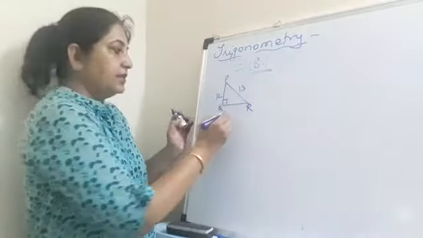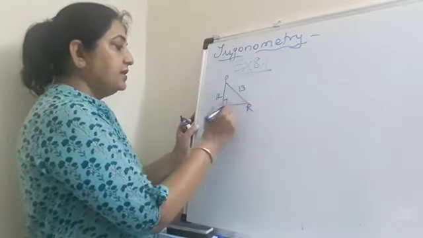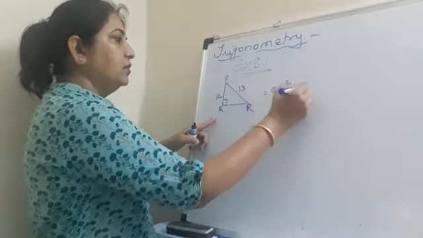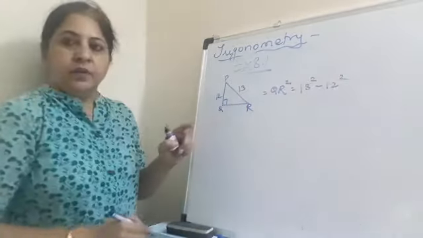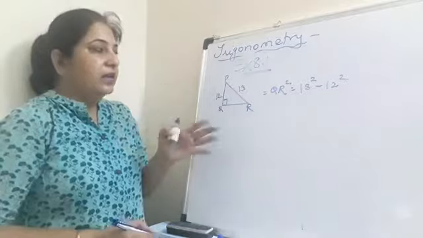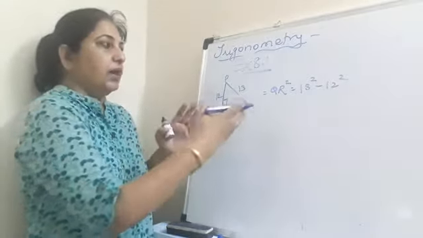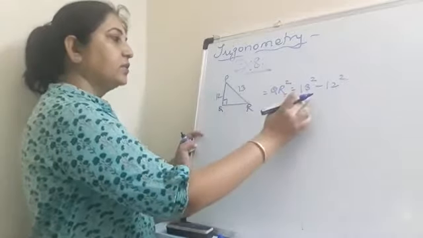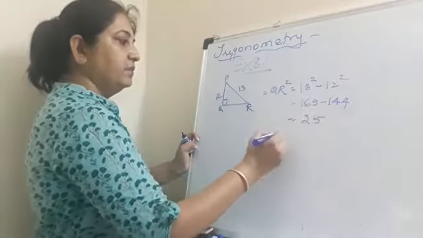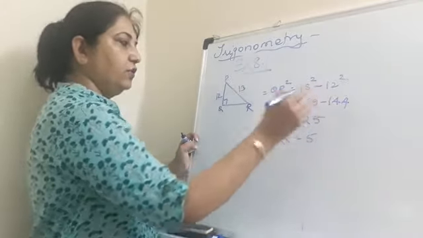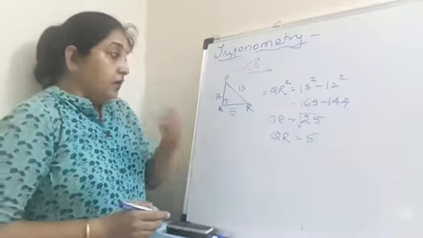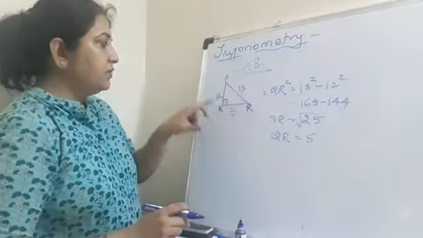What we'll do, we will find this side. We will write QR is equal to 13 square minus 12 square. You will think of the Pythagoras theorem and you have to find this side. So accordingly it will click in your mind that this is a base. So you have to apply that formula, QR is equal to 13 square minus 12 square, which is 169 minus 144, that gives you 25, and QR will be equal to 5, which is root of 25, right? So this is 5. Now what? You know all the three sides. One is 13, one is 5 and one is 12.